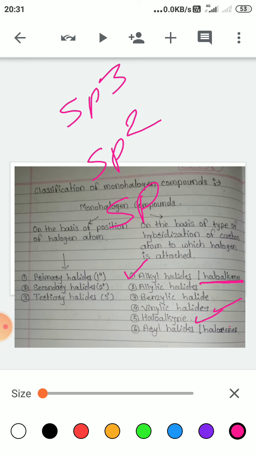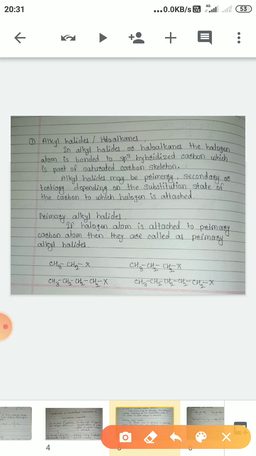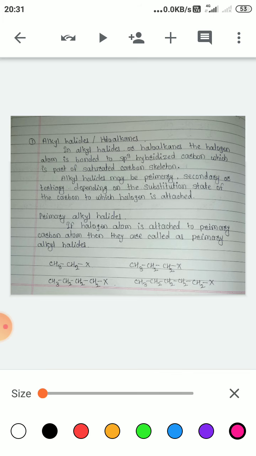Okay, first one, let's start. Alkyl halides. Now alkyl halides are also called haloalkanes. Now we know very well that in alkanes all carbon atoms are sp3 hybridized. Now in alkyl halides or haloalkanes, the halogen atom is attached to an sp3 hybridized carbon atom, which is a part of a saturated carbon